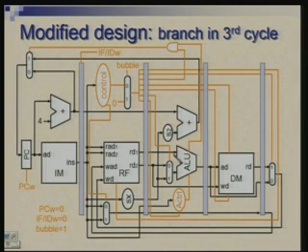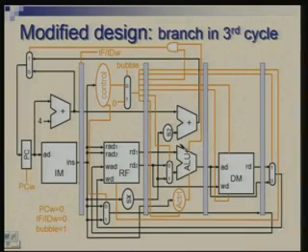Similarly, the path you need to consider is that going through this S2 adder, then AND gate and multiplexer and so on. So, the delays get redistributed, and whatever is the influence of this change on the clock has to be borne in mind. But the objective here is that we should be able to decide at the end of the 3rd cycle what the next instruction is. Okay. So, this is the change which will enable that.